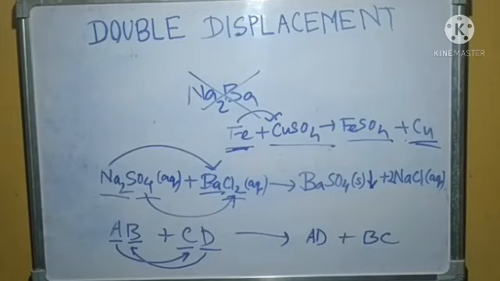Okay, and in this reaction where sodium sulfate is reacting with barium chloride, we are getting a white solid substance which is not dissolvable. It does not dissolve and it settles down at the bottom of the test tube, and such substances are known as precipitates. Since in this reaction a precipitate is formed, such a reaction is also known as a precipitation reaction. Okay, so this is the concept that you require for these two types of reaction.